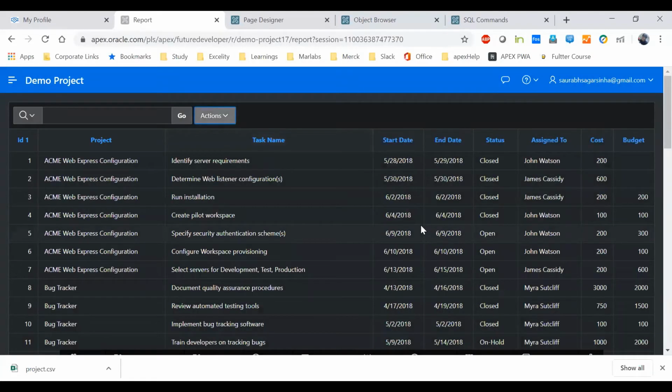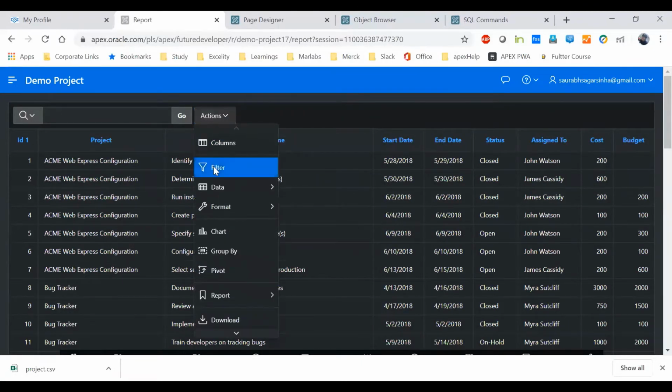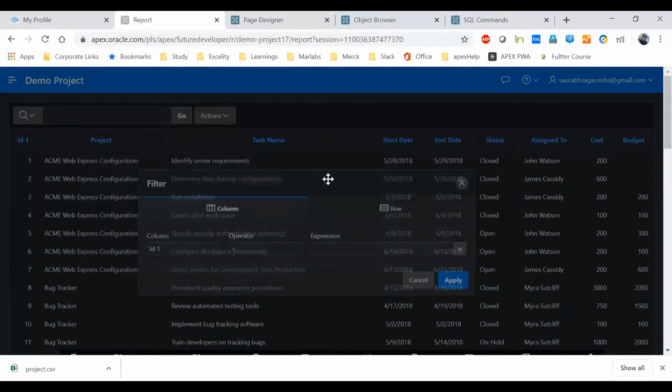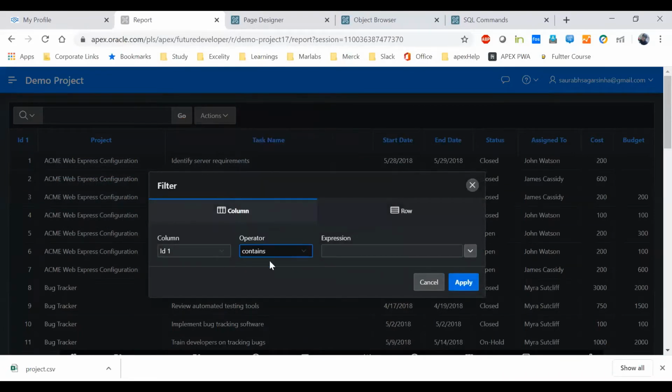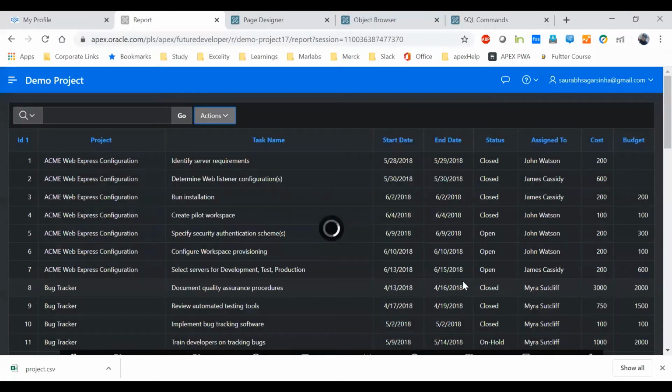So can you show me the operator of contains? Yeah, sure. So I just want to know how it will work. Okay, so let's say contains, right? I'll select here task name and I'll write web and okay, contains like this. Task column name is task name, operator is contains, and expression is web. If this is getting matched, it should return some value.